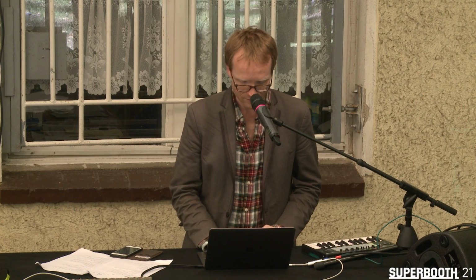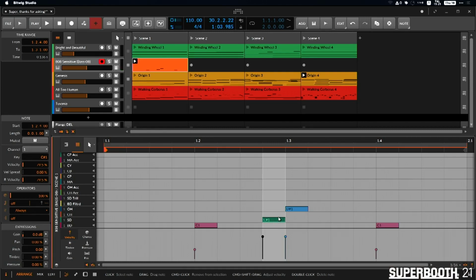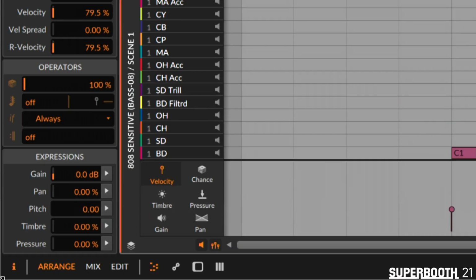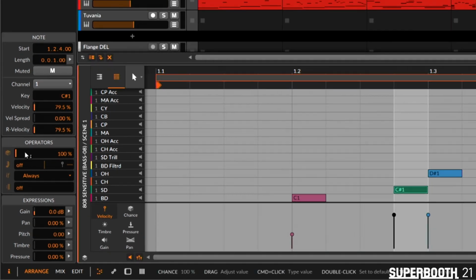So let's take a look at these operators that were mentioned a minute ago. I've got this snare drum. It is hitting once, it is hitting hard. And if I look over in the corner, I've got this section called operators in the inspector. There are basically 4 modes here, and we'll take them one at a time just playing with drums for a minute. So I've got this snare, and the most sound designy one of this is called repeats.